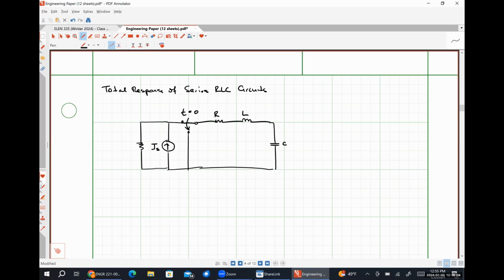All right, so that should successfully disconnect my current source while leaving my RLC as a thing. Okay, so we have a system like this